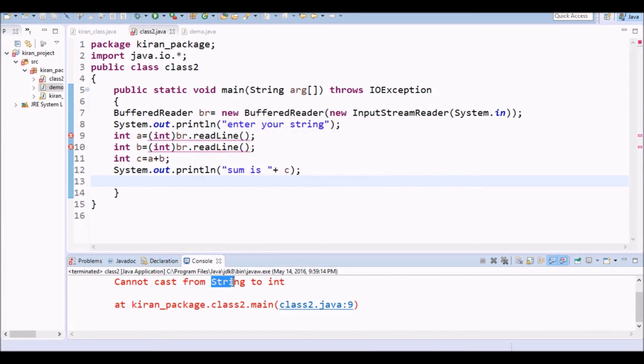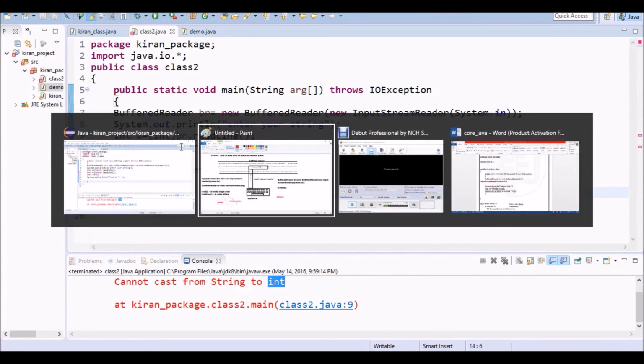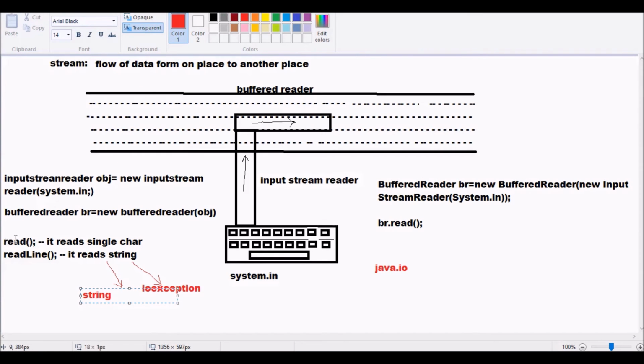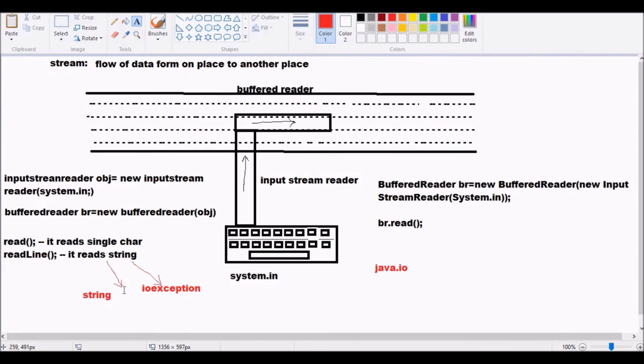See here, cannot convert the string into int. Okay. So these two functions, read and readLine, cannot convert this string into int values, float values and double values, but they can only be converted into char by using the casting operator. Okay, so how are you going to convert this string into something like int, float, double? How are you going to do this?